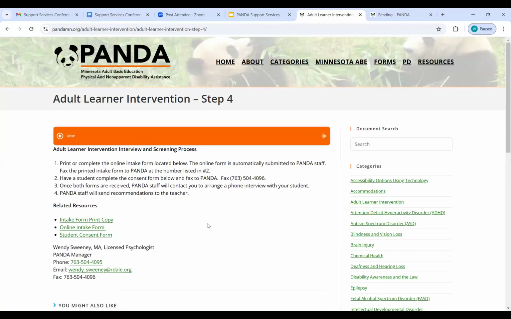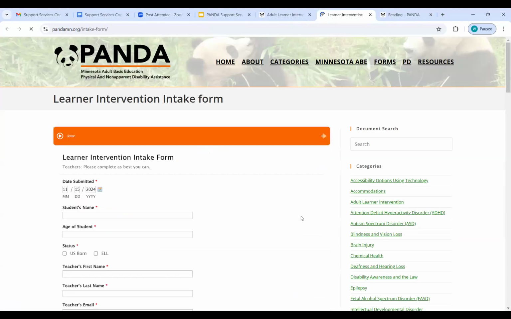And that's where I do an interview and screening process with the student. I just would need you to fill out the online intake form as best as you can. And then to also do the